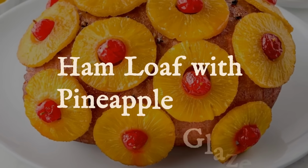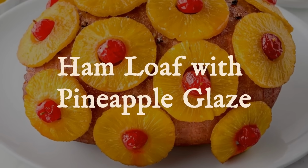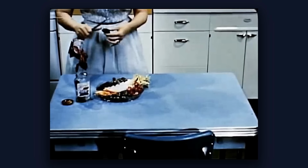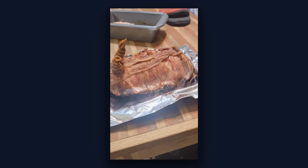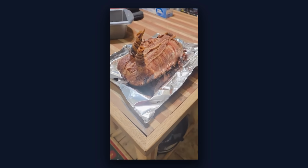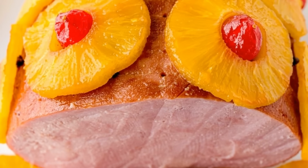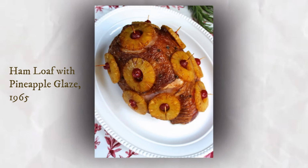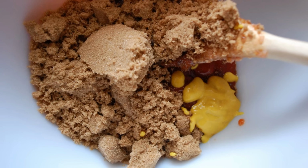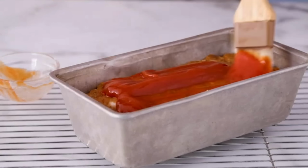Betty loved a good illusion, and nothing fooled the eye like a ham loaf wearing a pineapple crown. Ground ham, a little ground pork, crushed crackers, and milk turned into something that looked and smelled like luxury. That glossy pineapple ring on top added the right 1950s glamour, the kind you would see in Better Homes and Gardens. The glaze was usually a mix of brown sugar and mustard, cooked until sticky and brushed over the loaf